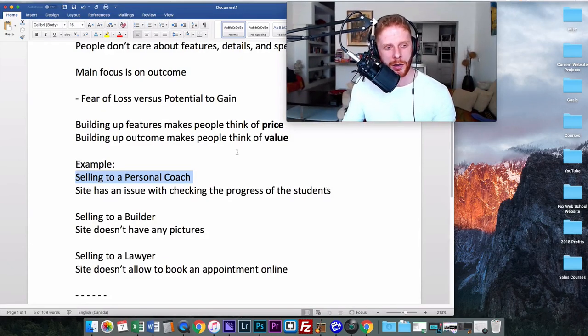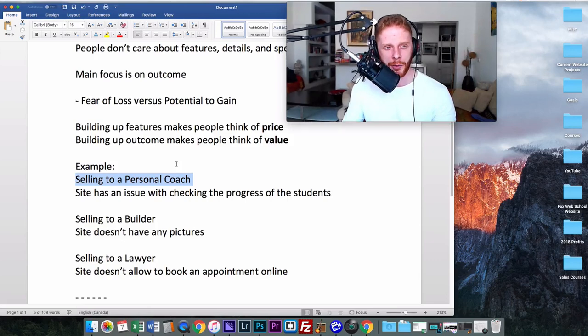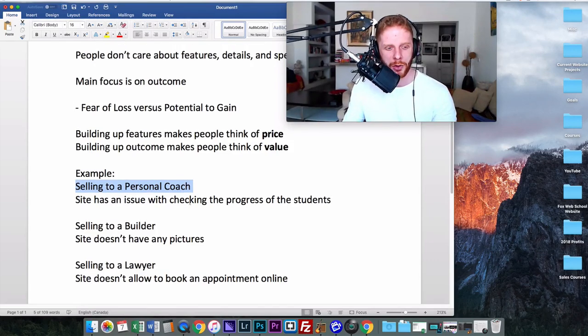So if we're doing this the incorrect way, the ineffective way, we would be focusing on the features and details of our possible solution. So at this point in the phone call, somebody new to sales might start discussing, okay, well, I have a software that can solve this issue with your students. It does this, this, and this, and it works on this sort of system. It's based on WordPress, it has this sort of login, and they get really in depth with the details and with the technicalities of the solution that they're selling.